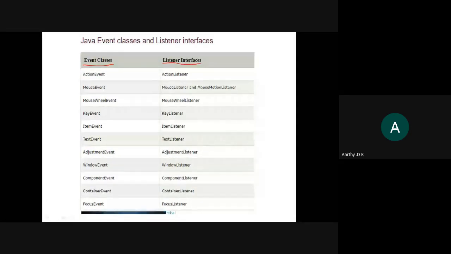Your class will implement these interfaces such that your mouse listener is implemented. Today we will be seeing only the mouse and the keyboard event listening, that is, your key listener. These two only we will look at.